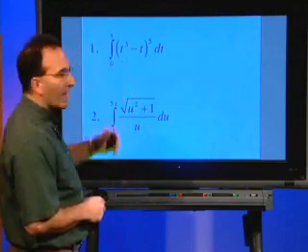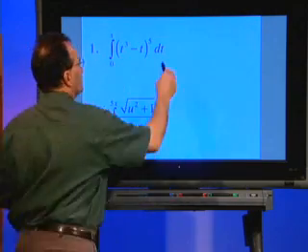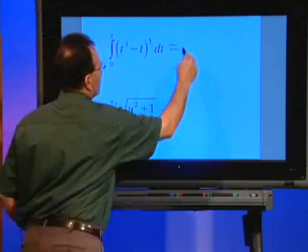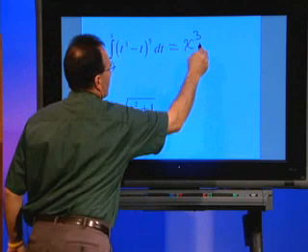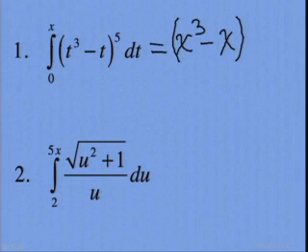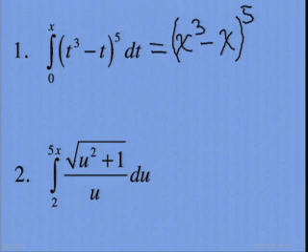So this is going to be simply equal to (x cubed minus x) raised to the power of 5. And that's what the fundamental theorem of calculus would tell us is our solution to problem number 1. Now for problem number 2, we're going to have the solution,